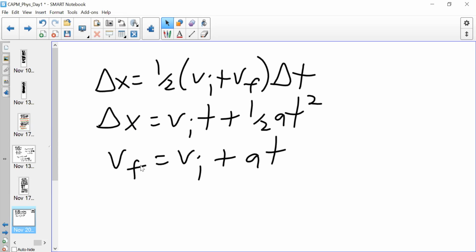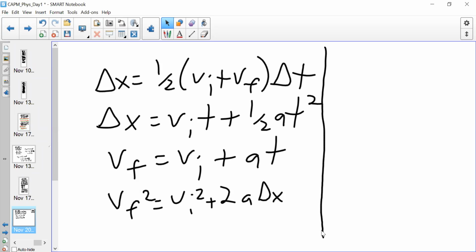Final velocity when you know initial velocity, acceleration, and time. And this is finding final velocity when you know initial velocity, acceleration, and displacement. I should have written that a little smaller, but anyway, on the right-hand side,